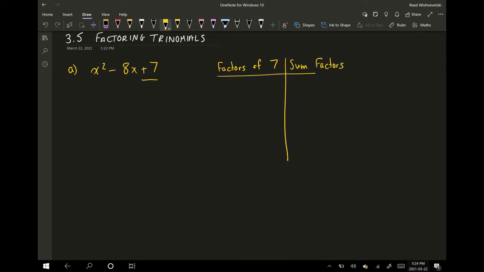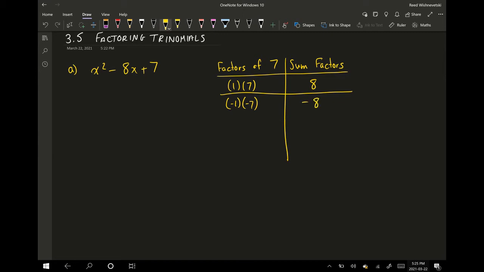Okay, so let's go ahead. Let's think of some factors that we could get to positive 7. Okay, so we could have 1 and 7. Since 7 is a prime number, that's kind of all we can do, except we could also do negative 1 and negative 7, because a negative times a negative is a positive. So now we're going to do the sum of these two. So we have a sum for 1 and 7 of 8, and a sum of negative 1 plus negative 7